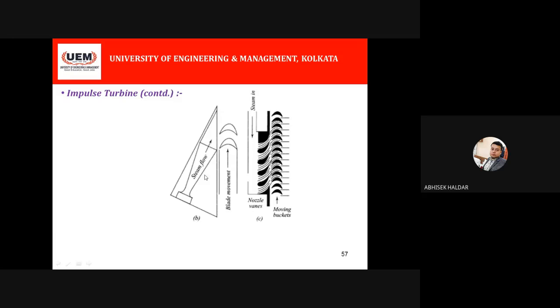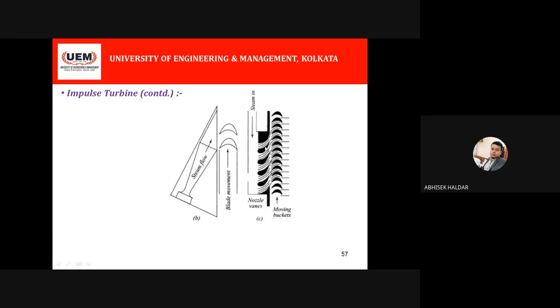Practically, these types of arrangements are there. Steam flows in, this is the nozzle. This steam flows in this direction, so the velocity is increased. You see this direction of the arrow, and the steam hits these blades in the turbine so that it will rotate. Here also the same thing is there. There may not be a single nozzle; there may be a series of nozzles. You can see this is the steam channel. These are the nozzles. It may not look exactly like a nozzle, but these passages are like a nozzle.